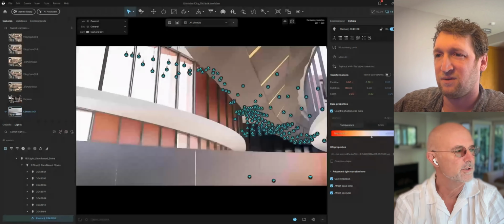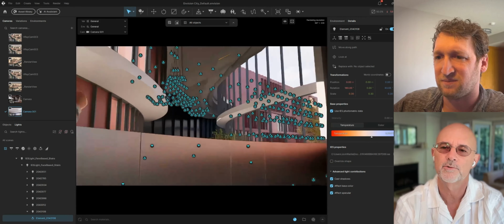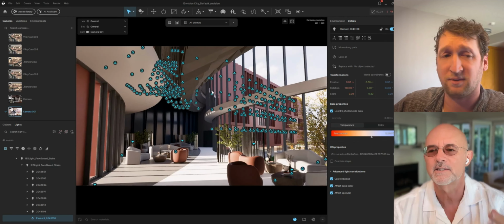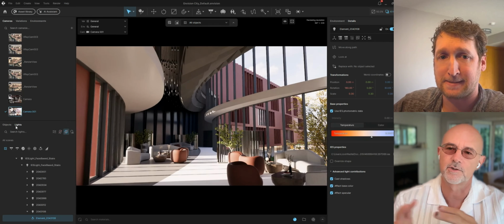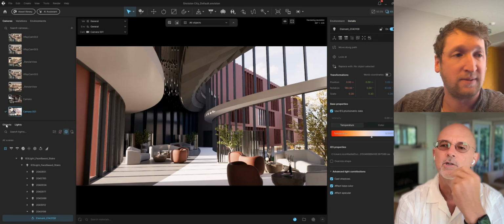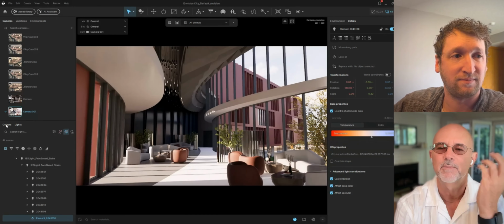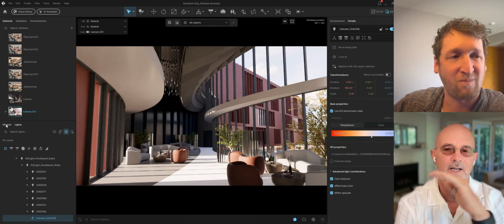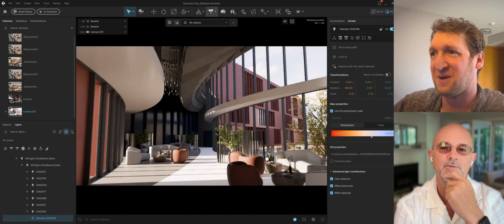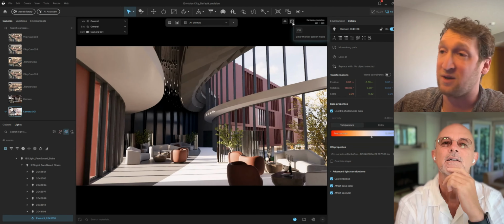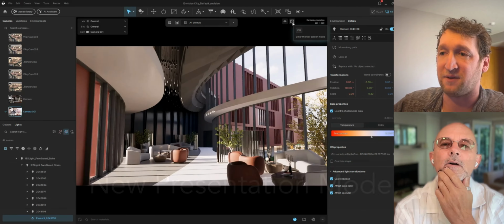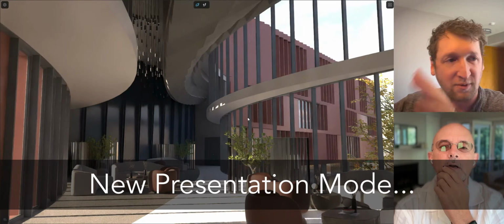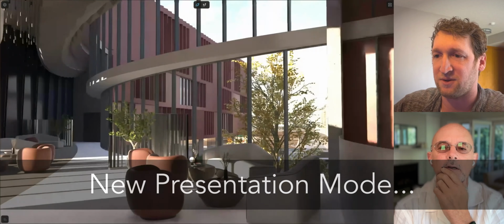Would you use this as a real-time walkthrough tool? Oh, the same way that Enscape is for me, real-time visualization or exploration. You could open up this file with a client, but there's a lot of other stuff going on in the UI. I just want to turn that stuff off and just see the scene. Yeah. So that's where I can hit this full screen or F11, and it removes all that. And now I can do the scene exploration.